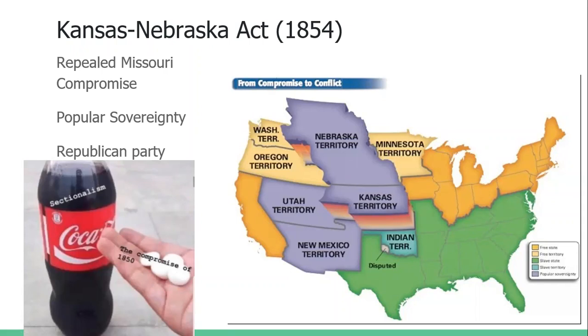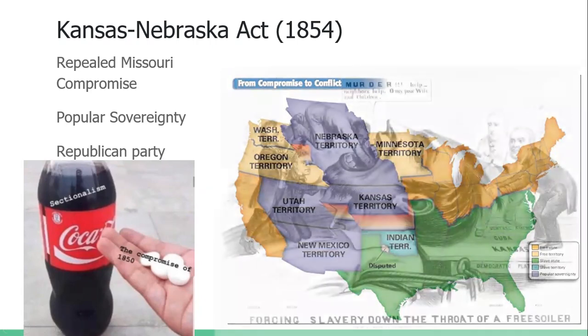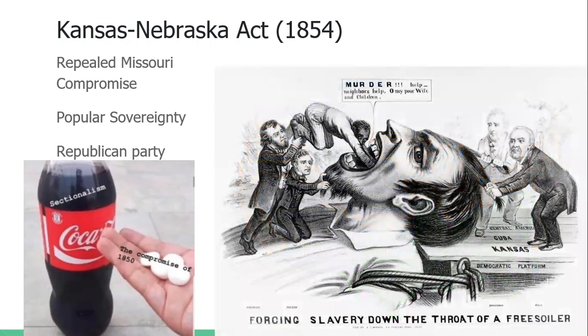All right. So the Compromise of 1850, meaning the stuff with popular sovereignty, is our Mentos, and sectionalism, the peaceful but tense divide between the different regions in the country, is now going to fizz up and blow up all over the place. 1854 is also when we're going to see the birth of the Republican Party, which of course is also when we're going to see the introduction of Abraham Lincoln into national politics, because he is one of those early Republicans.